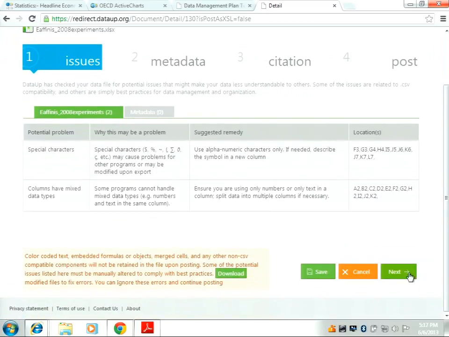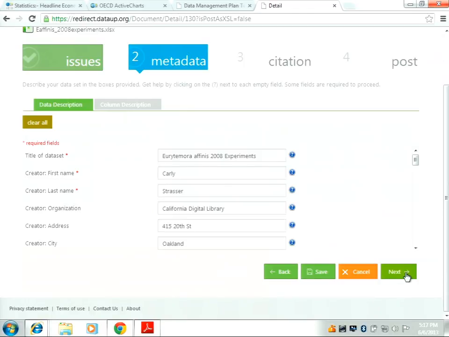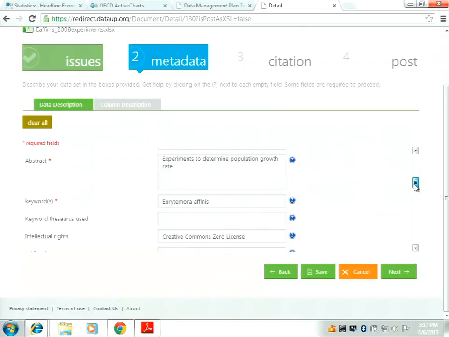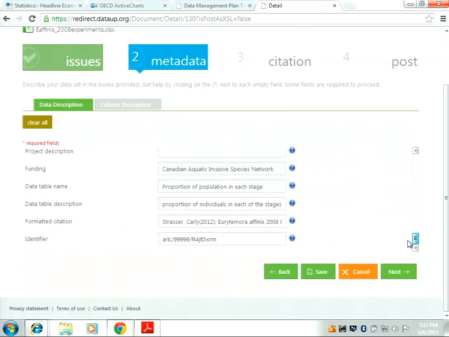So you don't actually have to change anything. You can just ignore all of those if you want to. And then you can move on to the metadata. So this is the set of metadata that's from Ecological Markup Language, or EML, which is fairly flexible, and it's